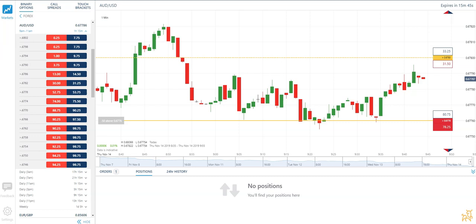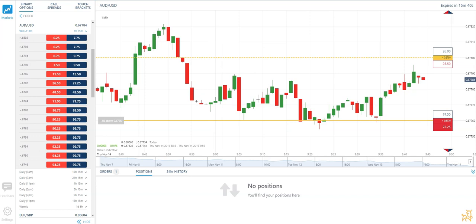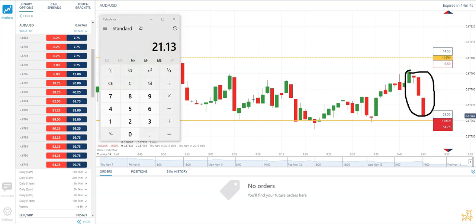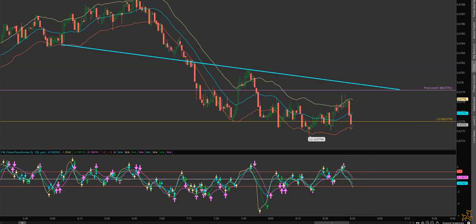All right, cool deal. So what we have here is, let me get through the calculations one second. All right, so this is what we got pretty much per contract on the position. As you can see, we got out just in time, so we have a nice big move down here, and we kind of expected that. The moment that I saw that this candle was not going to fill this wick, if you go into Thinkorswim, you can kind of see that. If you see here,